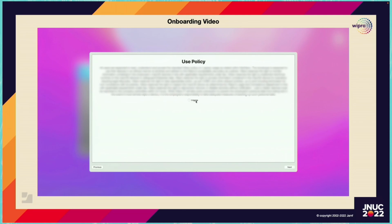Finally, we can do things for compliance, like insert an acceptable use policy or any other policy the company would like to track. The ability to force acceptance of the usage policy can be something else a client would like